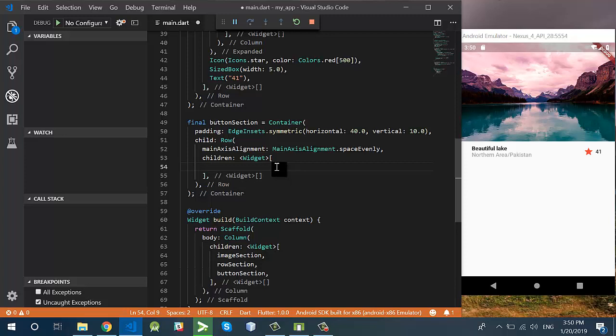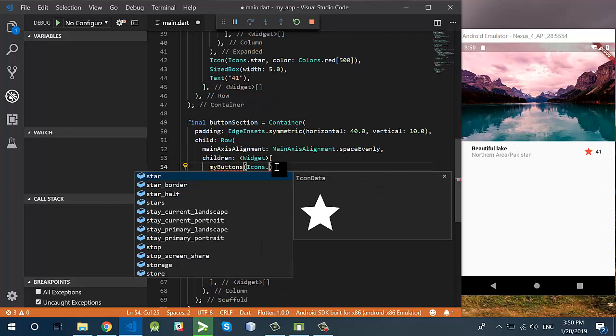We have three columns, but I will create a method for the column because I don't want to write the same code again and again. So I will create a method, let's say myButtons,